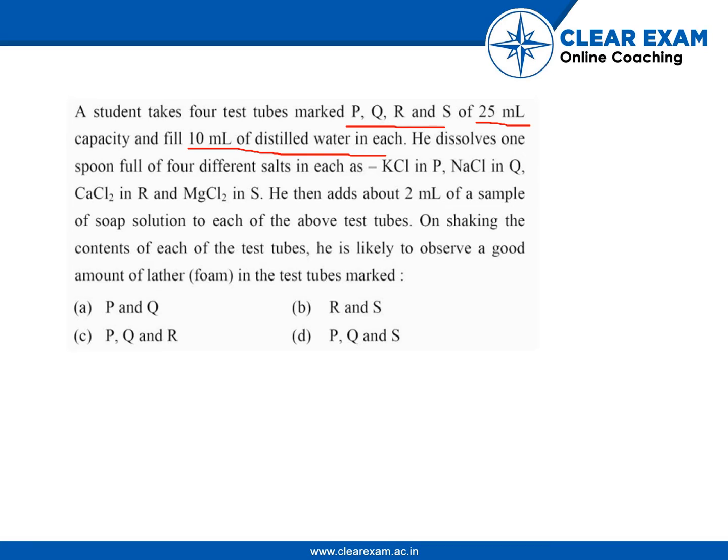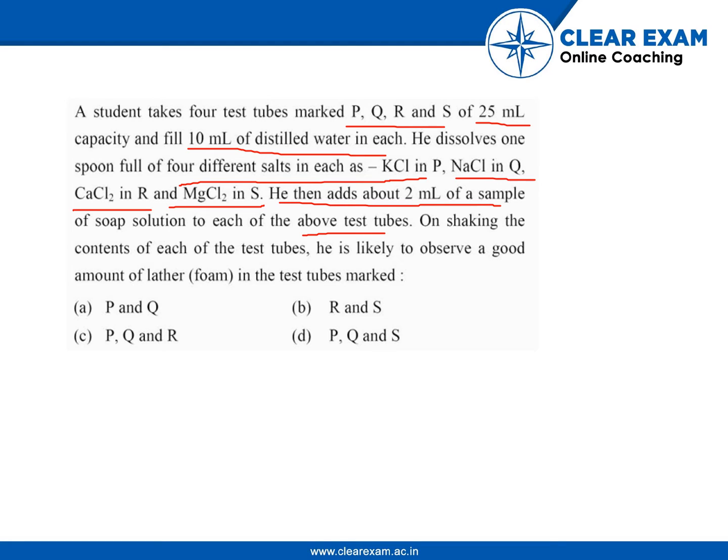So he dissolves one spoonful of 4 different salts in each: KCl in P, NaCl in Q, CaCl2 in R, MgCl2 in S. He then adds about 2 ml of a sample of soap solution to each of the above test tubes. So we need to find out, on shaking the contents of each of the test tubes,